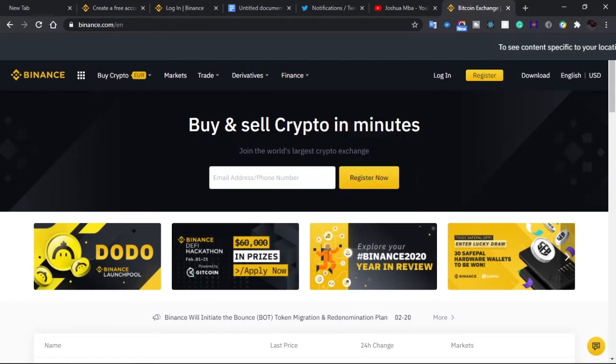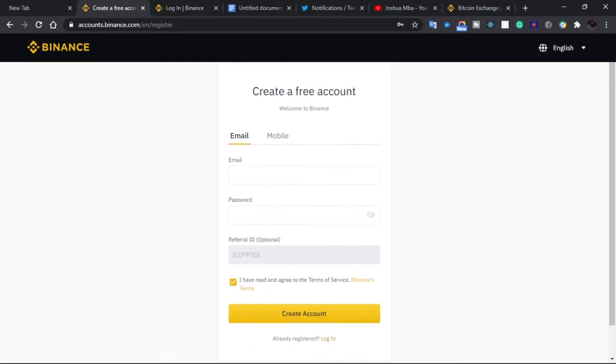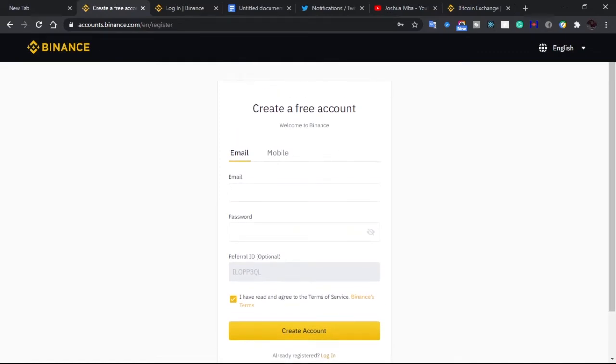So you click on the register button, and then you land on the registration page like this. So you're expected to fill in your information, your email address, your password, and then you click on create account. It's a very simple process. After you've created your account, you'll be sent a verification code to your email address. That's if you use your email address. If you use your mobile phone, if you use a phone number, they'll send you a code to your phone number. So you can either register with your email address or with your phone number, whichever one. It works very fine and it's awesome. Okay, so you just walk through it. It's a very simple and easy process to do.